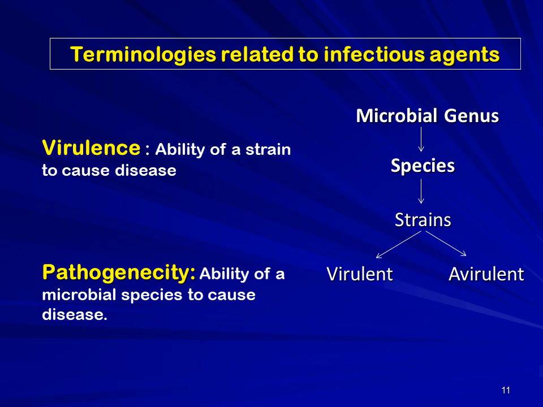If you see the species, each species will have many strains, and among them some are virulent strains, some are avirulent strains. But to some extent, one species producing the disease is also known as